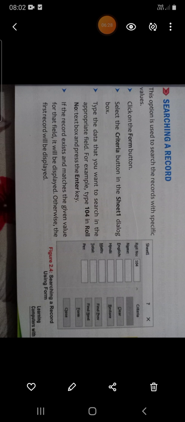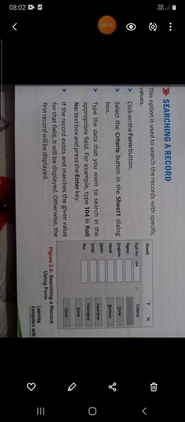The next is searching a record. We can also search for a record using a form. To do so, just click on the form button and select the criteria button in the Sheet1 dialog box and type the data that we want to search in the appropriate field.